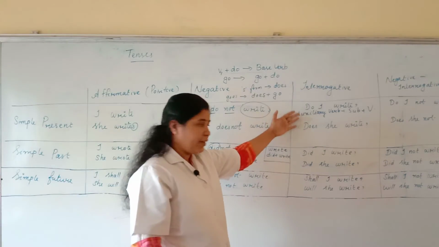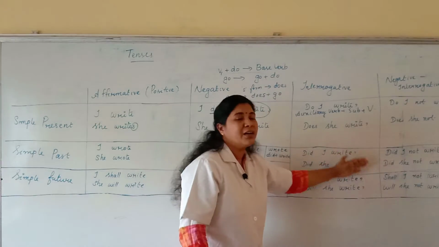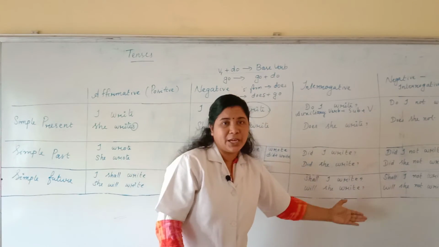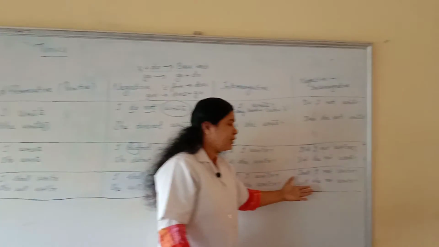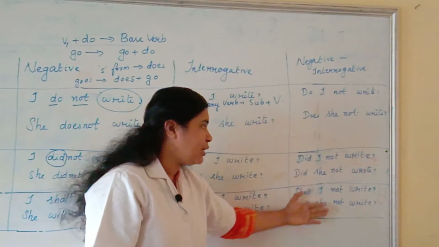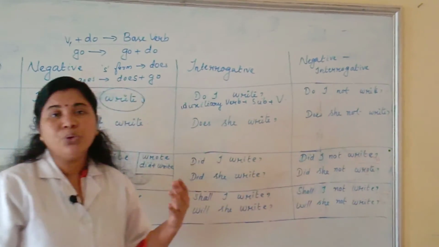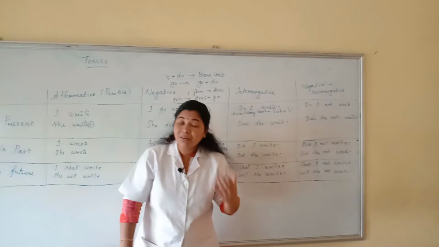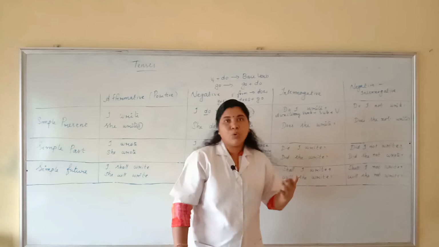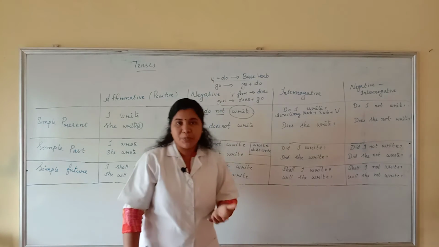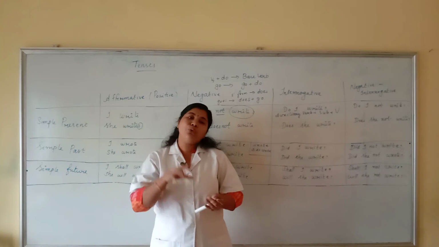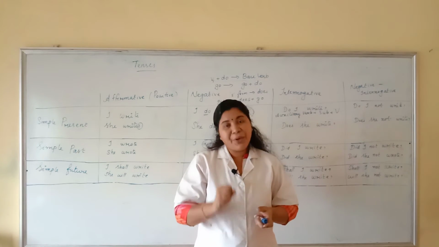What is interrogative? Shall I write? That is positive, right? Here, will she write? How can we change the same into negative? Negative interrogative. Shall I not write? Then, will she not write? Here you have to remember one thing very clearly, very keenly. What is it? You have to split the verbs. Understand? Whenever you are making negatives or interrogatives, you have to take the auxiliaries from the base verb.